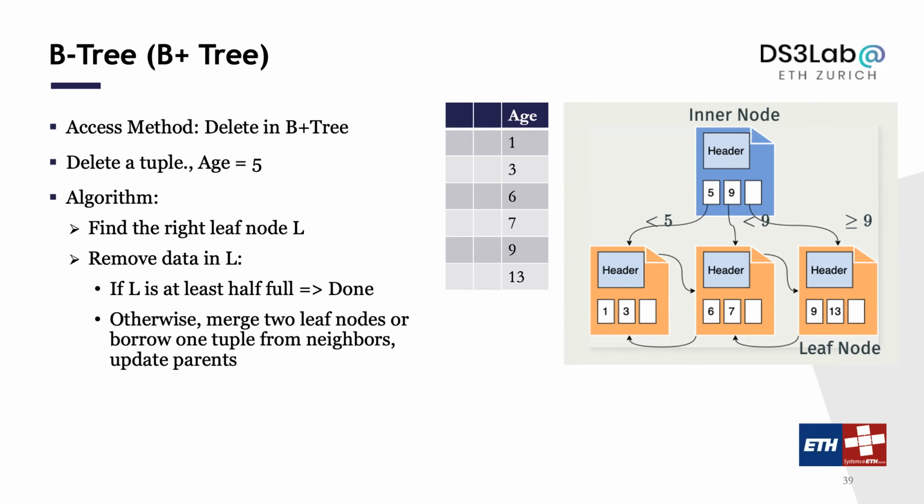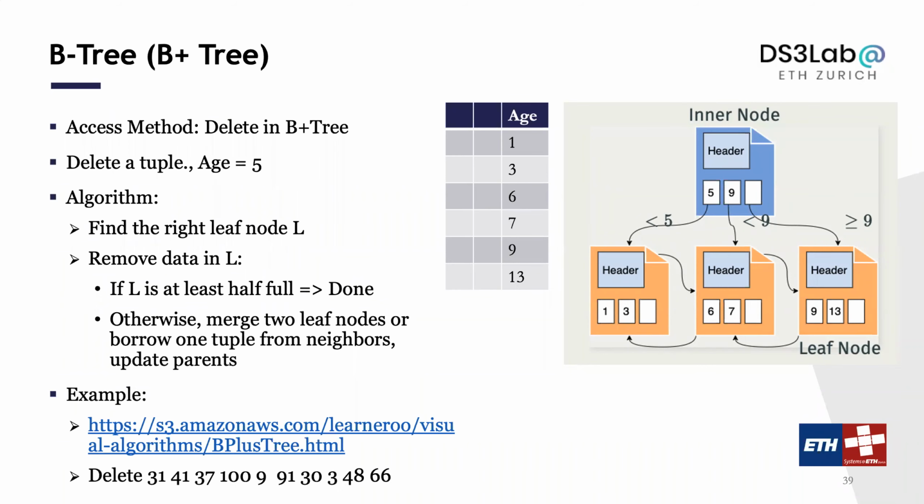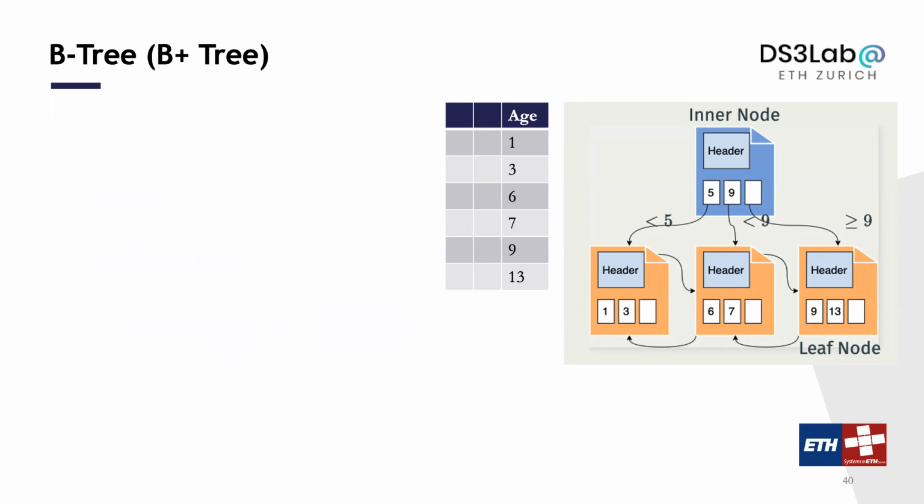However, assuming L is too small, you need to merge 2 leaf nodes together and then delete the key in the parent, or you can borrow some tuples from the neighbors and then update the parent. This is very natural. We will not go through examples here. When you go back home, you can play with it, and the full specification of the algorithm is in the textbook. But the intuition is very simple. So in practice,